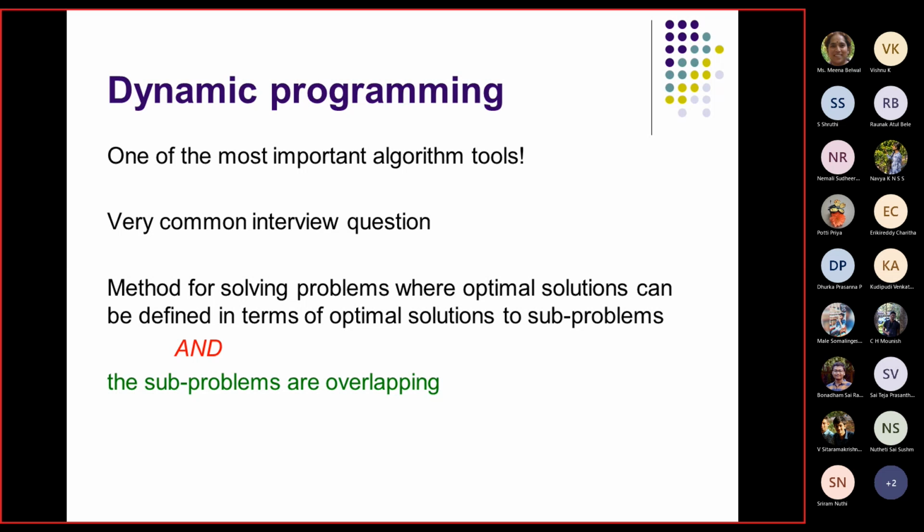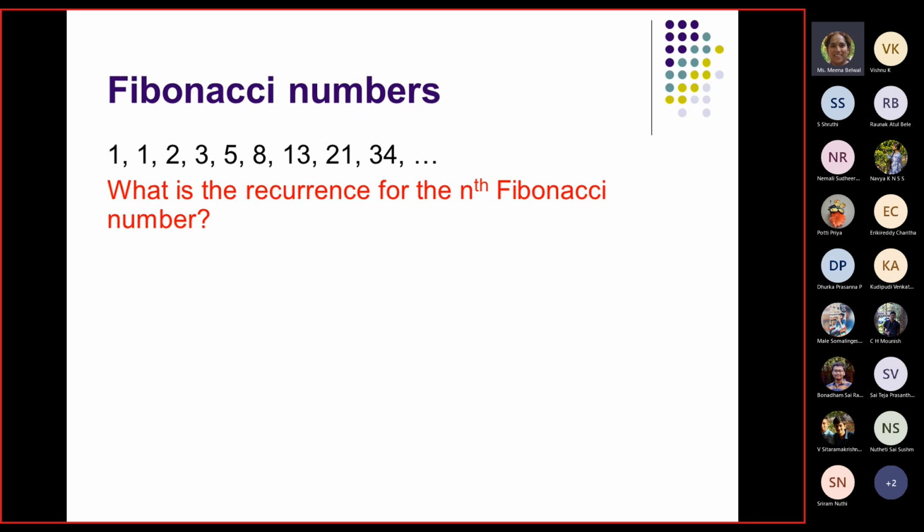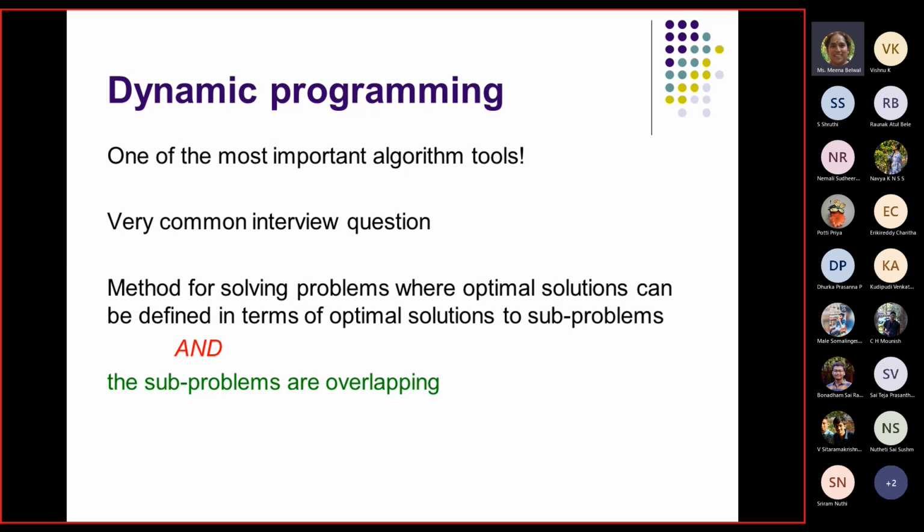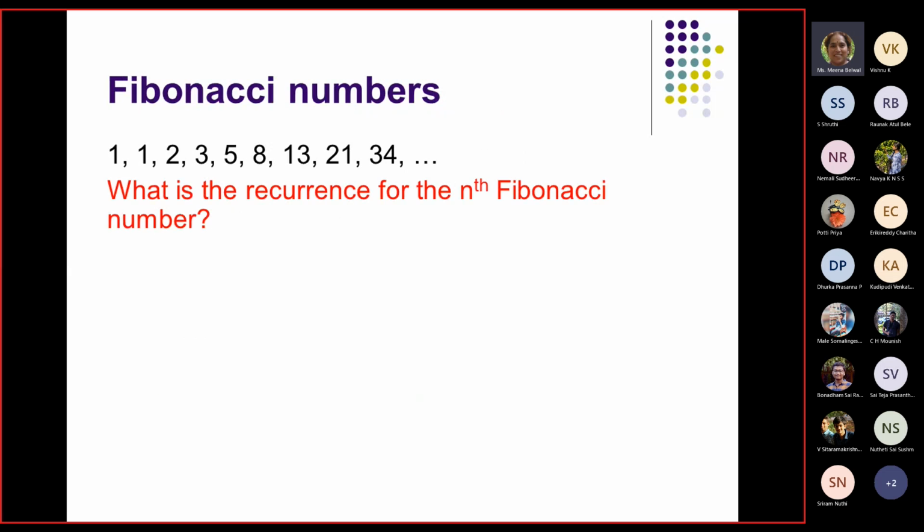So in dynamic programming, what is specific is that the sub-problems are overlapping. That's another important feature of dynamic programming. Generally dynamic programming is used where these kinds of things occur: the sub-problems that you divide into are overlapping. We represent it using a picture, and I will explain after a while.